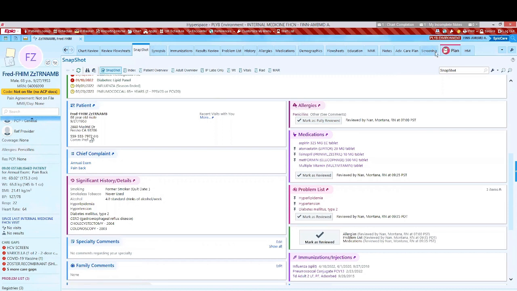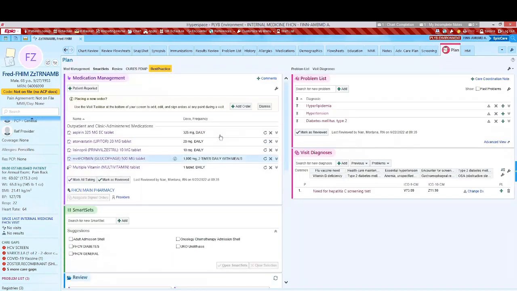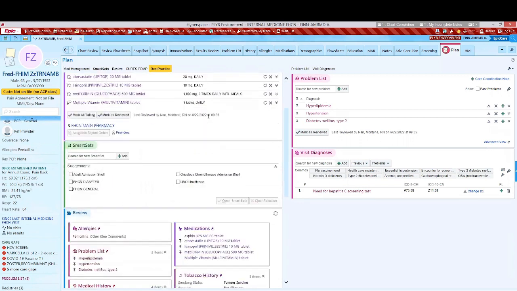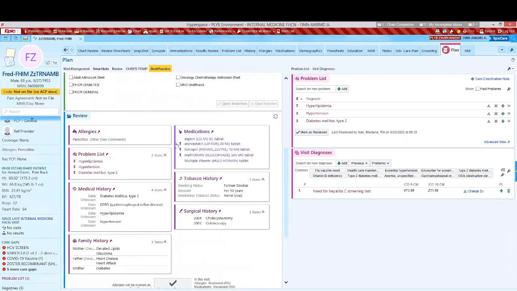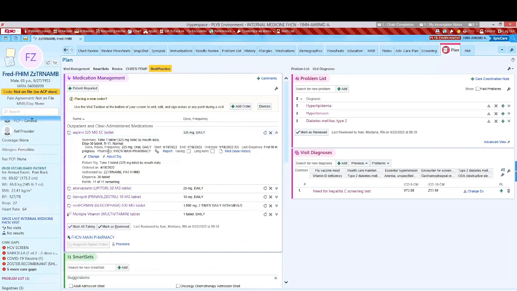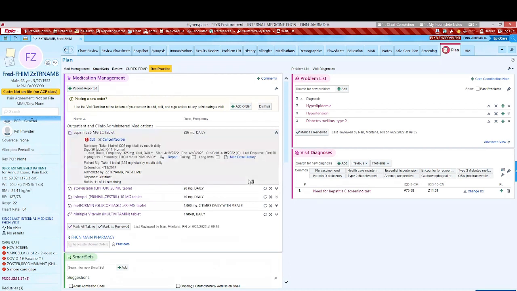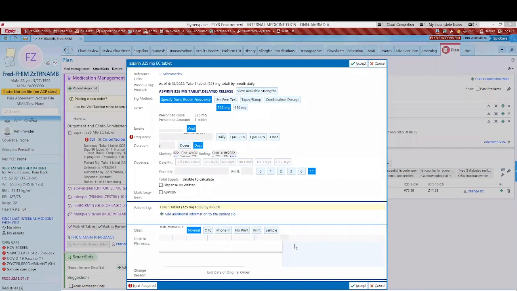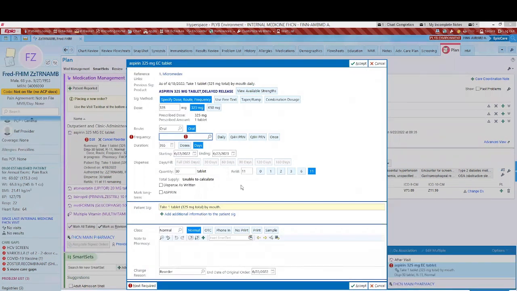What I find to be a little bit more useful for my own purposes is the plan tab, which, similar to the snapshot, has a lot of the similar information, including the allergies, medications, problem lists, but it also has a special medication management section, which allows me to quickly look through to see when the last prescription was placed, also see how many refills they have. If I see that they're running low on the refills or it's been 11 months and this is about to run out, I can click just right here and refill the medication. And it will give me all this information, and you accept and you can sign